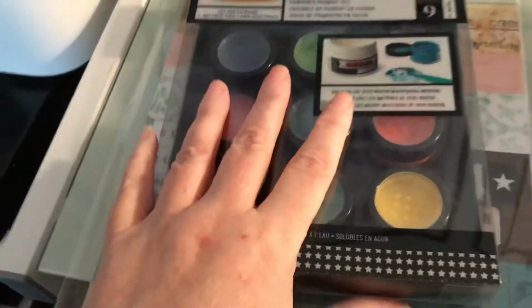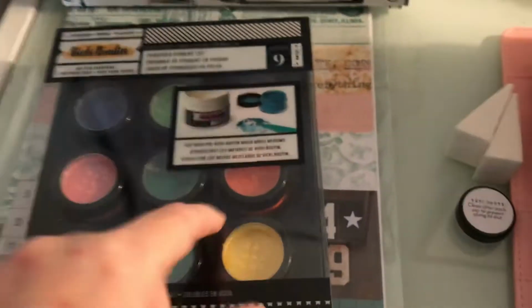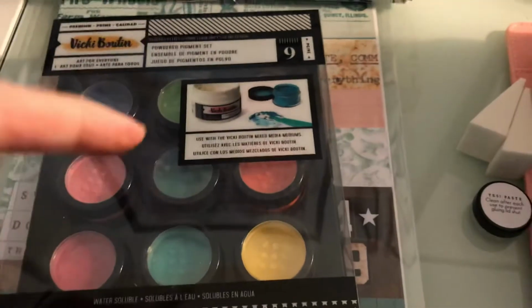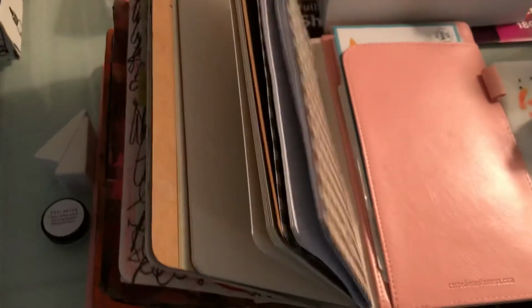So today is December 4th. I am officially swapping to my December kit. And I do hope to actually finish it in December. But that is what I got, what I did in the old kit, what I got in the new kit,